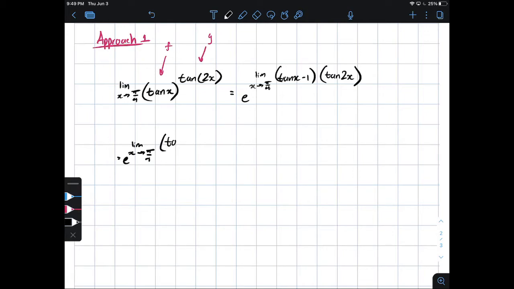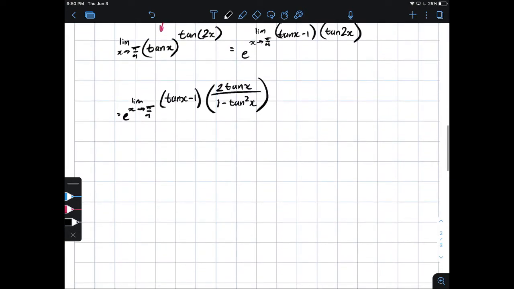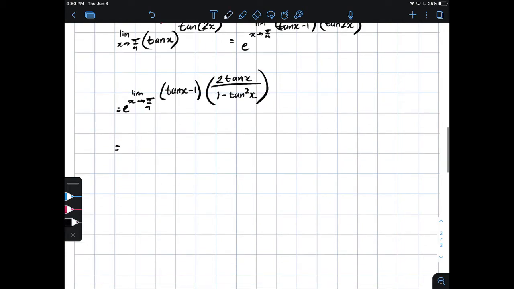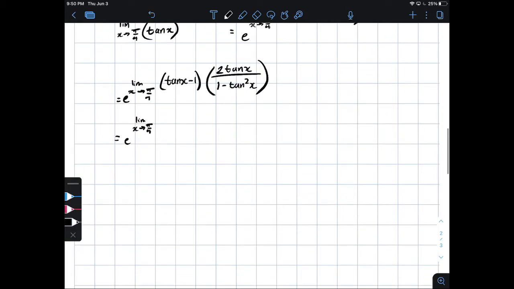So let's keep this as tangent x minus 1, and we'll change this to 2 tangent x over 1 minus tangent squared x. So clearly we see that's successful. That's just a basic identity. And now we'll just do some simplification on this one. So we'll have e to the limit x approaches pi fourths,